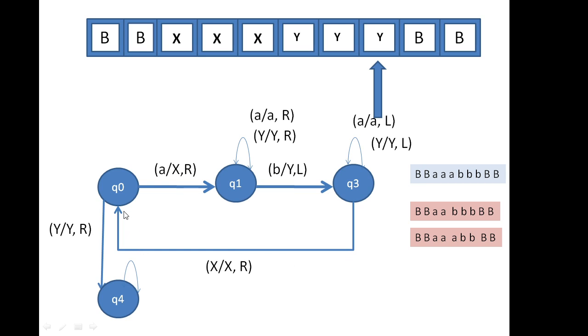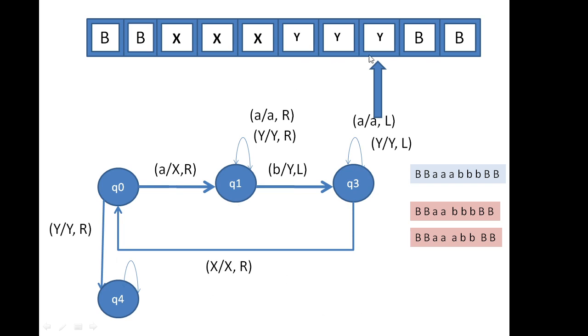So this is the portion where you make a Y, and then you come over here and check if I have an X, and then again you move right, and then you do this whole process again of converting the A into X, going till B converting into Y, then again traversing left till you get an X remaining as it is, and then you go right. Okay, so this goes on.